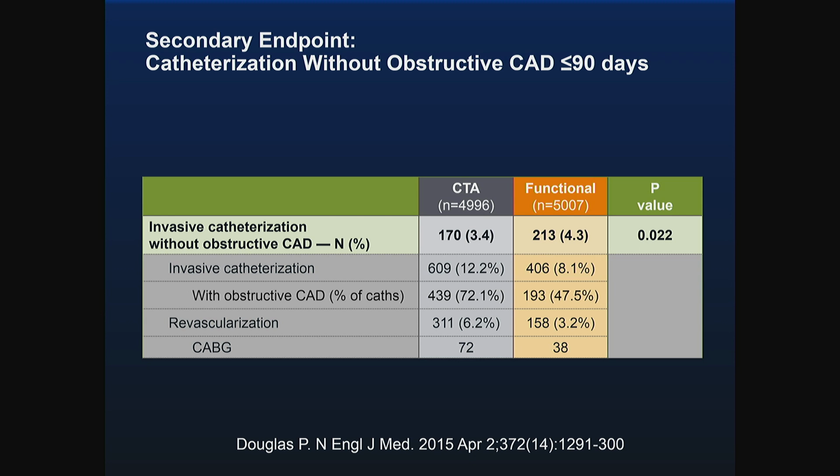So overall, in conclusion, these two tests do provide complementary data, but they tend to perform fairly similarly. Part of the reason to choose one test over the other is what's your question and what's your pretest probability. A CTA will be very good at excluding epicardial coronary artery disease, while a functional study will give you more information about left ventricular function, about exercise capacity, and if there are physiologic